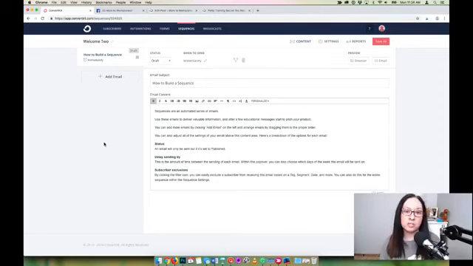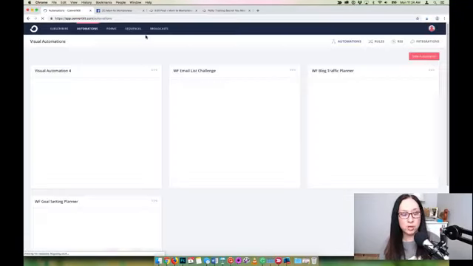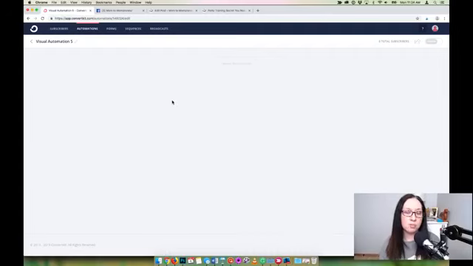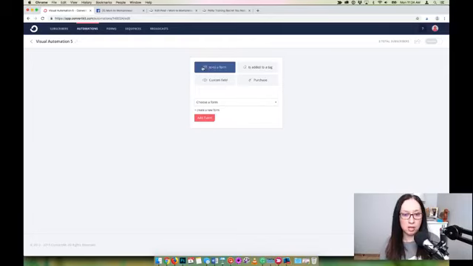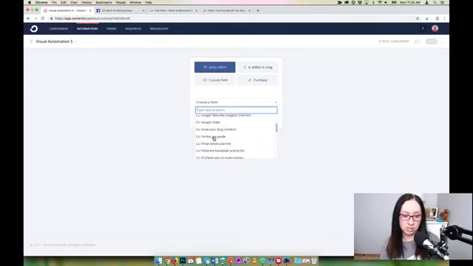So then how do you connect this to your sequence? I believe you do that in automations. So in ConvertKit, there are visual automations here. You can start a visual automation, which is quite nice because you can see how this process goes. If you click on a new automation, you have to think about the subscriber in that process. So as soon as they join a form, whatever that form we created, which I don't think is saved, let's pretend that they joined